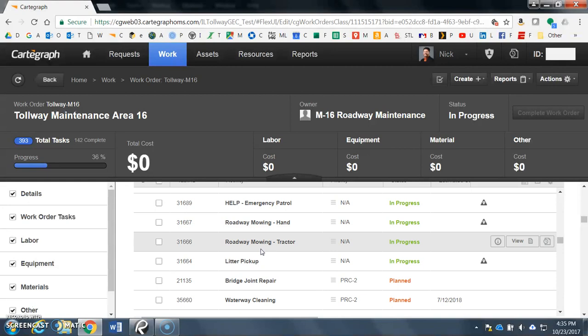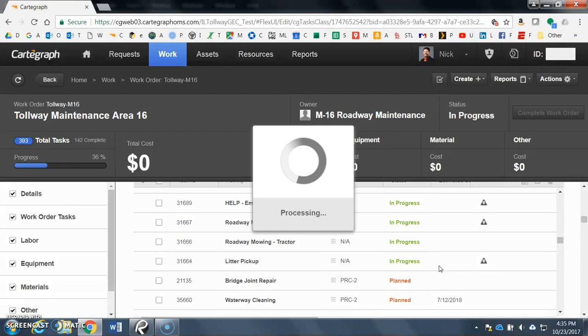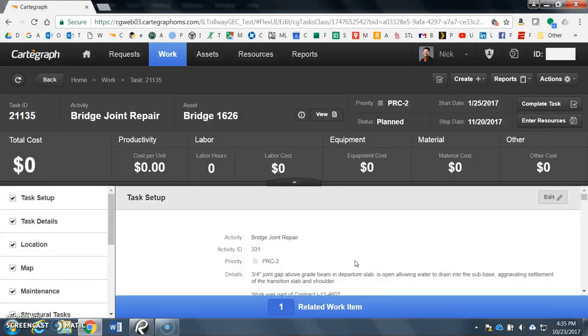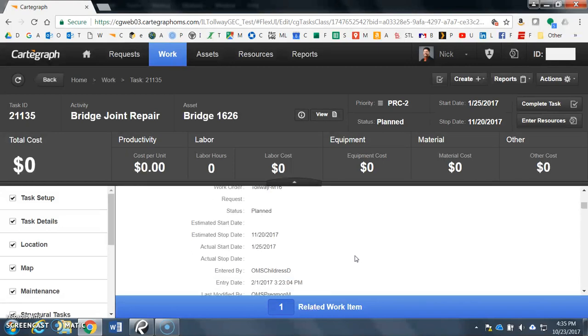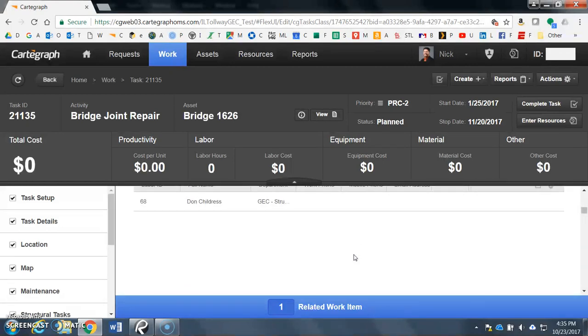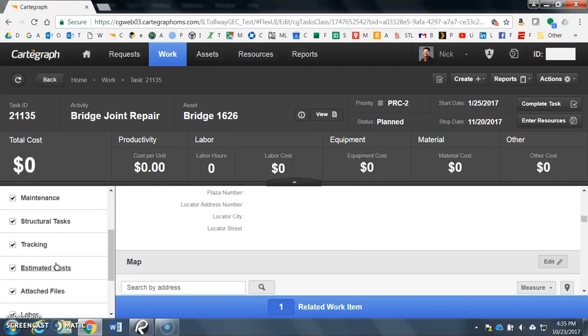Let's find something that's a good one. Okay, bridge joint repair. This work needs to be done, and my team has gone out and we're taking a look at this particular joint repair. There's a recommendation of what needs to occur. All right, we've looked at it, and one of the things that we can do is go